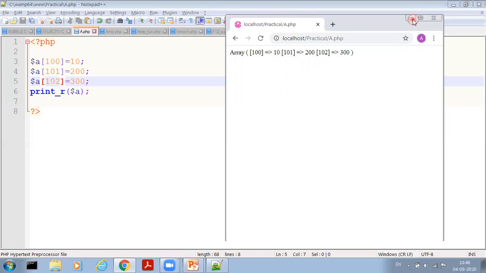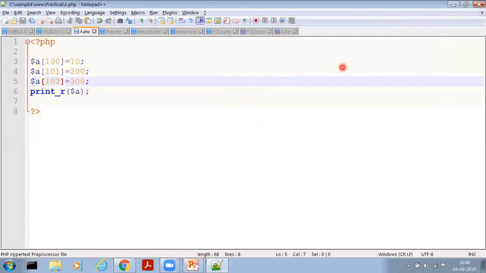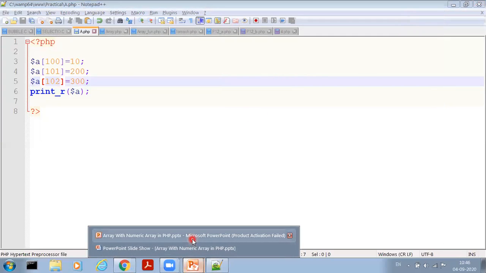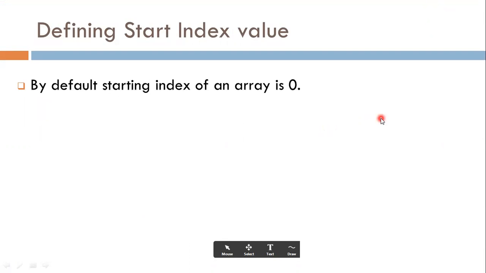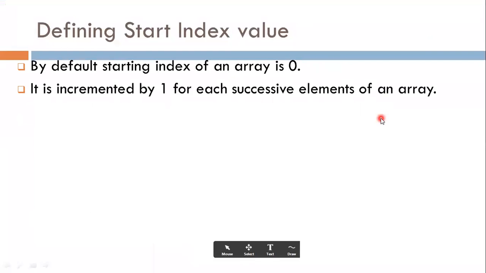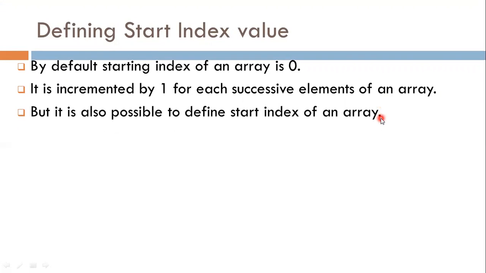In such a way we can create an array using the array function. Now defining the starting index value for an array. The default starting index of an array is 0, and it is automatically incremented by one for each successive element of the array, repeated up to the total number of array elements.